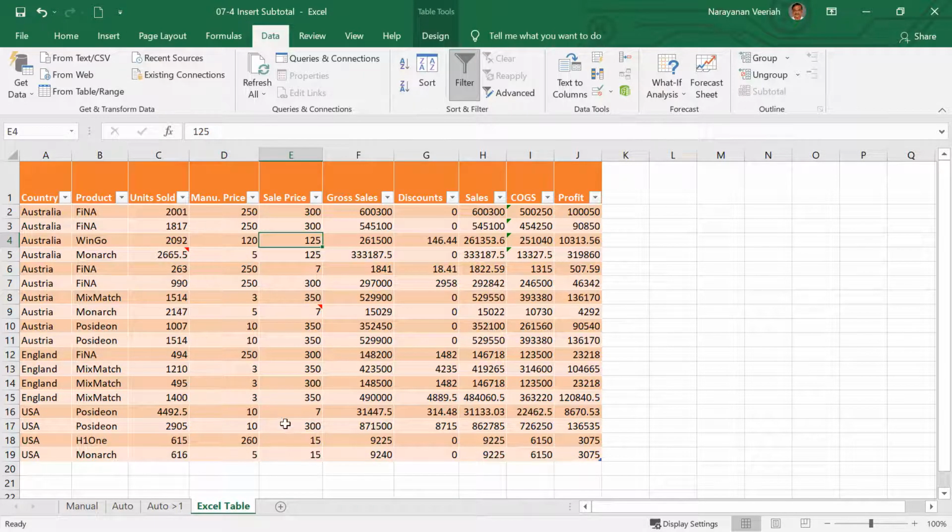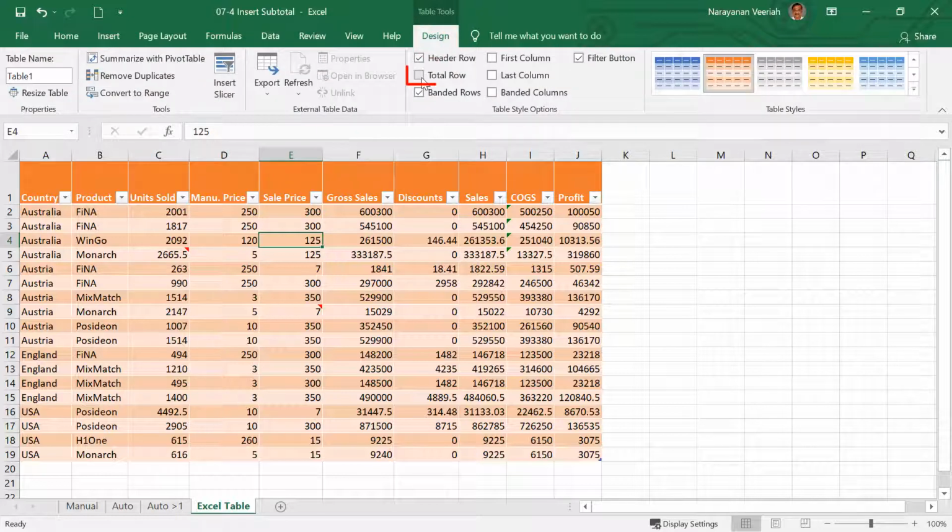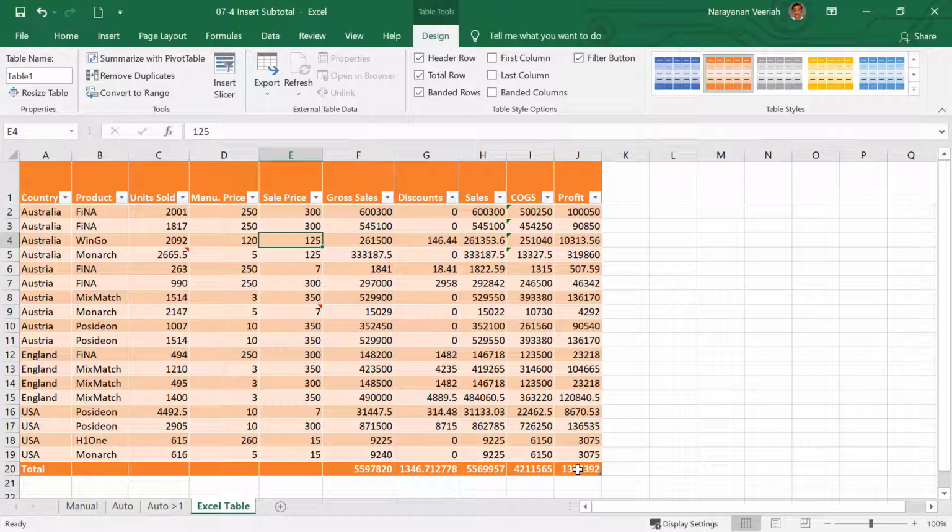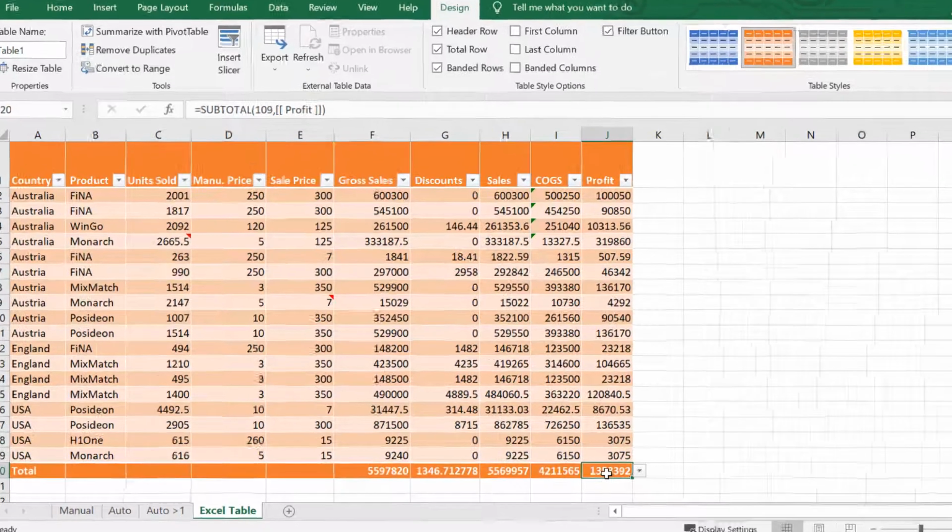However, the total row, when enabled in an Excel table, provides you with a grand total option via the subtotal functionality. To enable the total row, go to the Design tab under Table Tools, then click on the Total Row checkbox. As you can see from here, in cell J20, the total column uses the SUBTOTAL function with 109 as the function number.